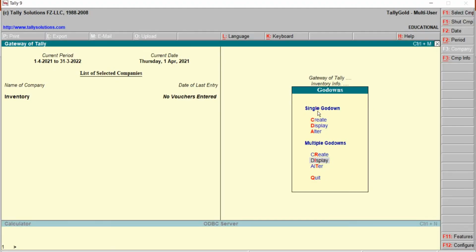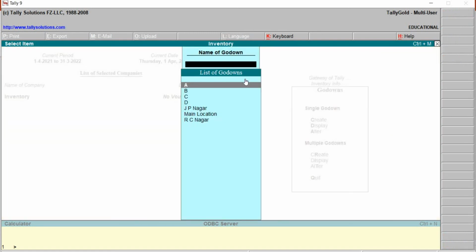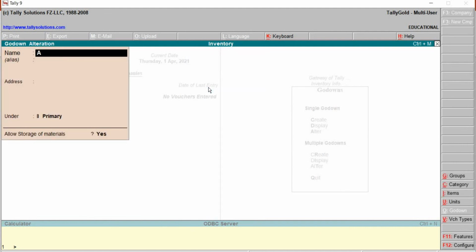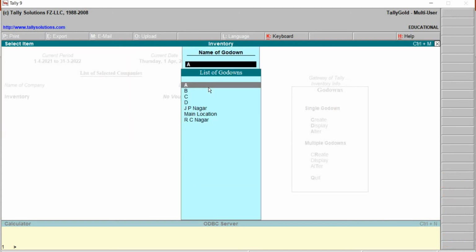Godowns menu, single mode, then select for alter, right? Let's take for A godown, right? For this we will add address. Okay. MG Road, then Pune. Later save. Press Y from the keyboard. Okay.